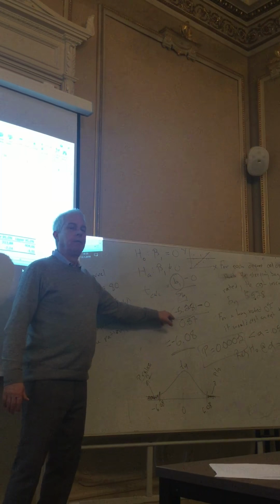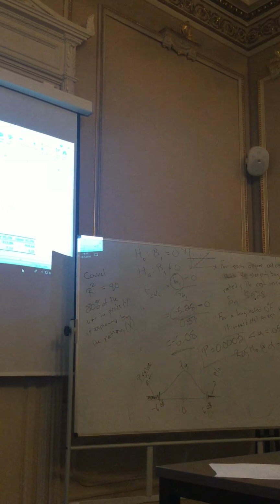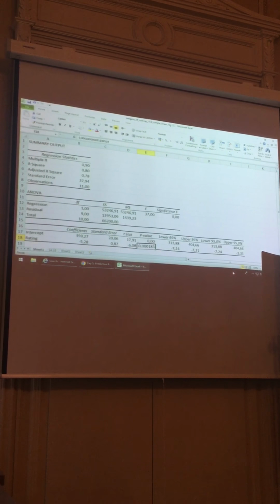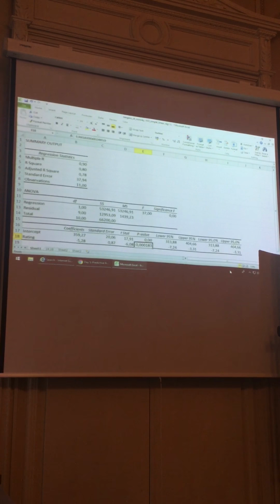Minus 5.28. So can I say, if p is 0.01, that would mean there's a 1% probability that you randomly got a result that agrees with my hypothesis. Yeah, it's a 1% chance, right? There's a 1% chance that the null hypothesis is right. It's telling you how likely or unlikely it is that the result you got is agreeing with the null hypothesis. That's right. Okay. So it's very unlikely the null hypothesis is true, right? So therefore, we reject the null hypothesis. All right, so I think